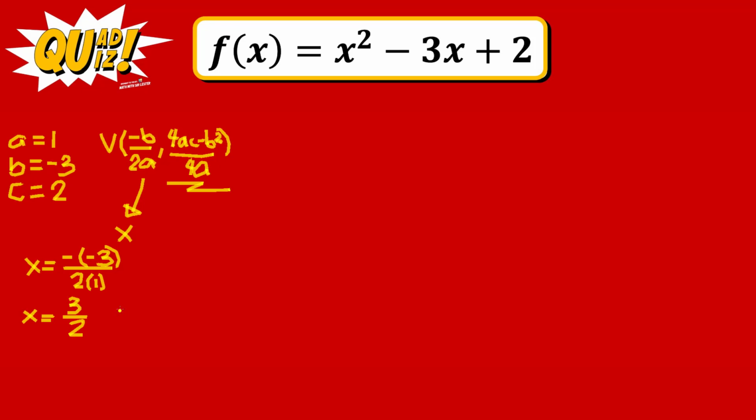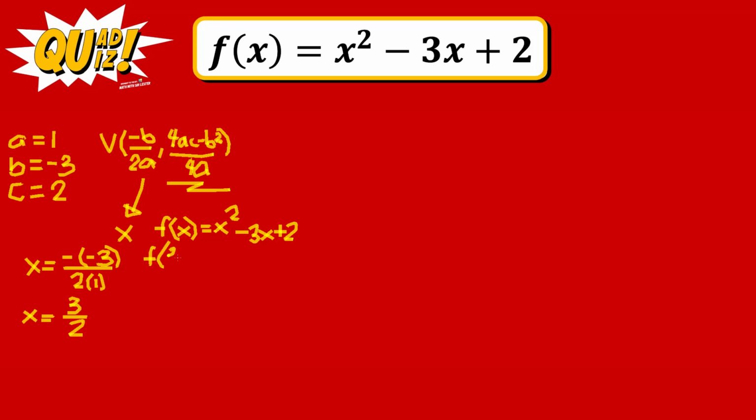Just stay in fraction if you come across a fraction, because it is very important as we also use that said fraction in solving for our y coordinate, which is represented by f of x. Of course, we will accept fractions because fractions are part of the real numbers. So we just need to substitute that here in x squared minus 3x plus 2, so that we will get the y coordinate of our vertex. In short, we will have f